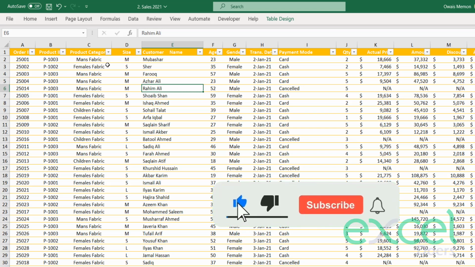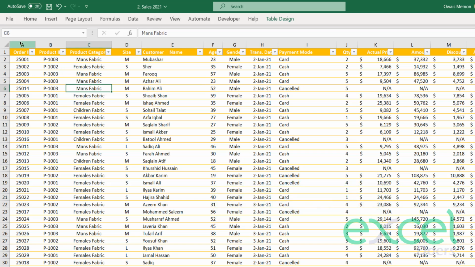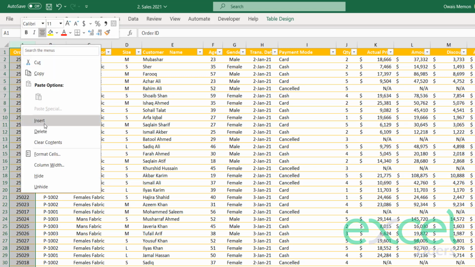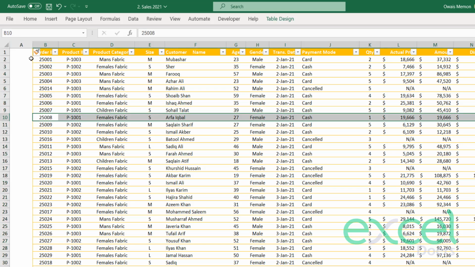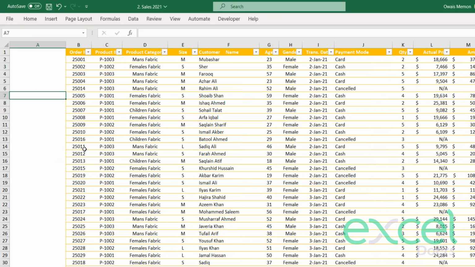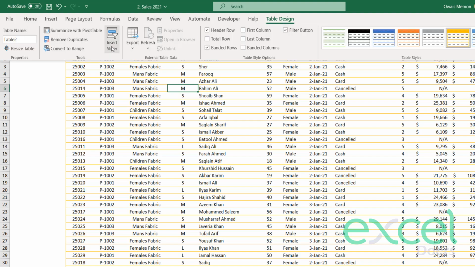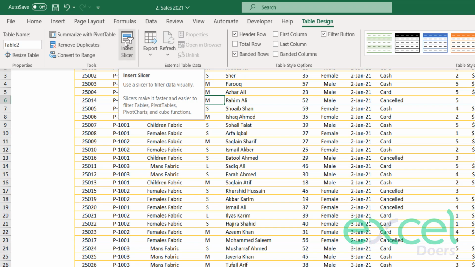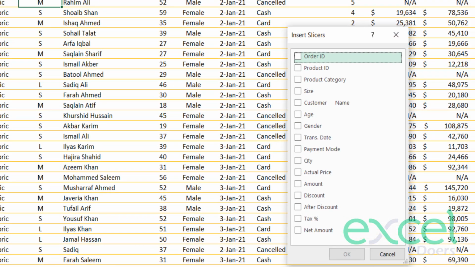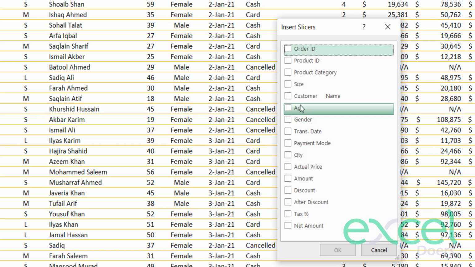And we can also add more features into this specific table. One very good feature is a slicer. So let me show you. Let me create some extra columns right next to this table, right? So you can see this is an extra table and my data is now next to it. So now I will click on this table and you can see this table design open. You will click here and here you see it says insert slicer. You will click on insert slicer and now you can select your desired